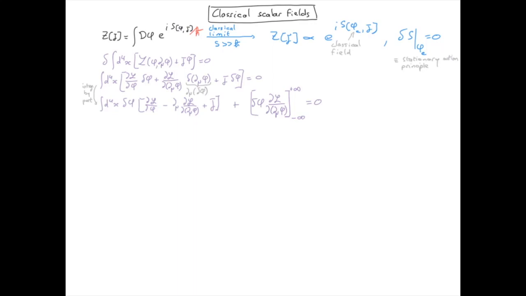We already chose our field to be the vacuum at time goes to minus infinity and time goes to plus infinity. We now add the condition that at the edges of the universe, if that even exists, the field should be 0. This equation should be true for any variation of the field delta phi. Therefore, the only possibility is to have the term between the brackets equal to 0. That gives us the Euler-Lagrange equation for the scalar field.